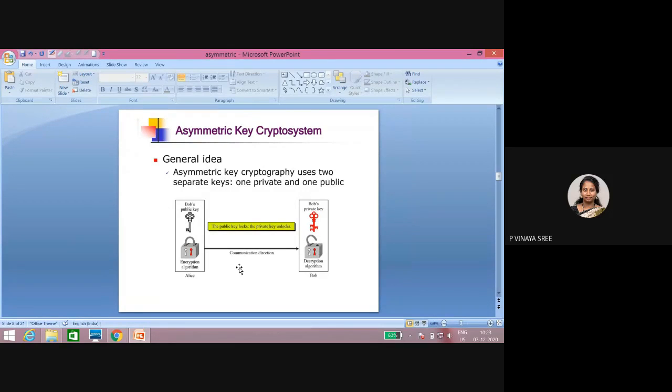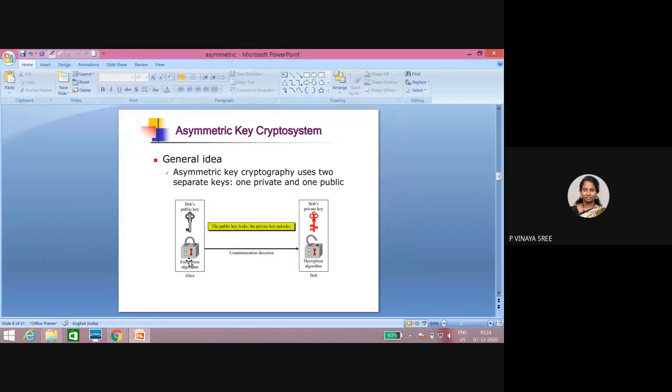Okay, so this provides confidentiality, but there is a missing service called authentication. Why? Because Bob receives a message, but Bob will not know whether the message is from the authorized Alice or whether someone else has taken the public key of Alice and is acting as Alice. Bob cannot identify that. To identify that, we have to use one more service, the authentication service, that we already discussed.